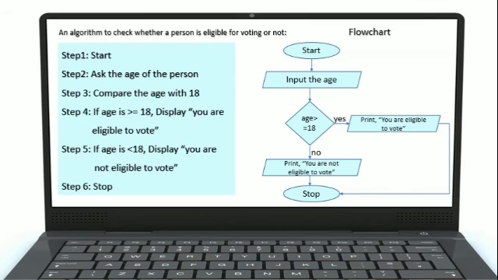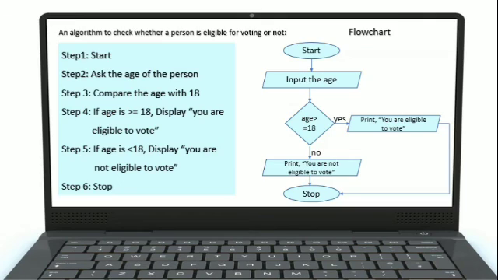Now you can see the flow lines, where the flow lines are going. If we get the result no, we will go from top to bottom in this way, and we will follow the step that you are not eligible to vote and then the stop. But if the age is greater than or equal to 18 and we are getting a yes answer, then we will not go from top to bottom. We will change the direction, and the flowchart will move in the rightward direction, and it will print you are eligible to vote, and directly the flow will go to the last step.